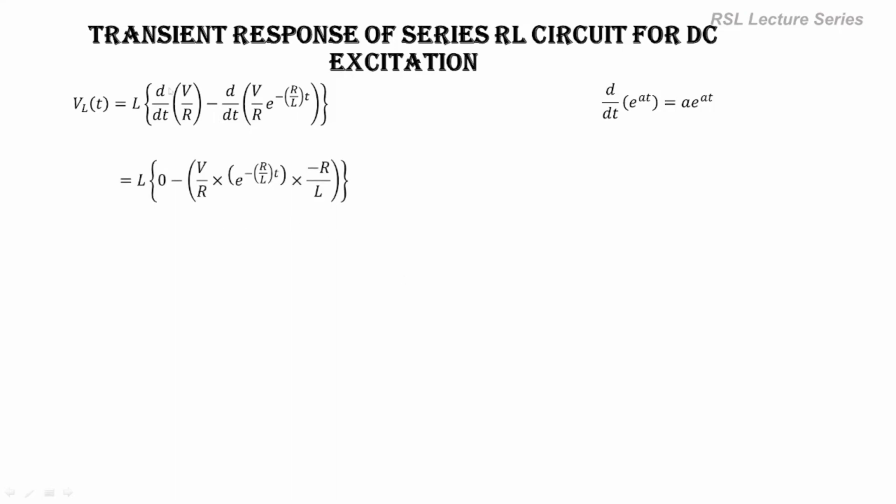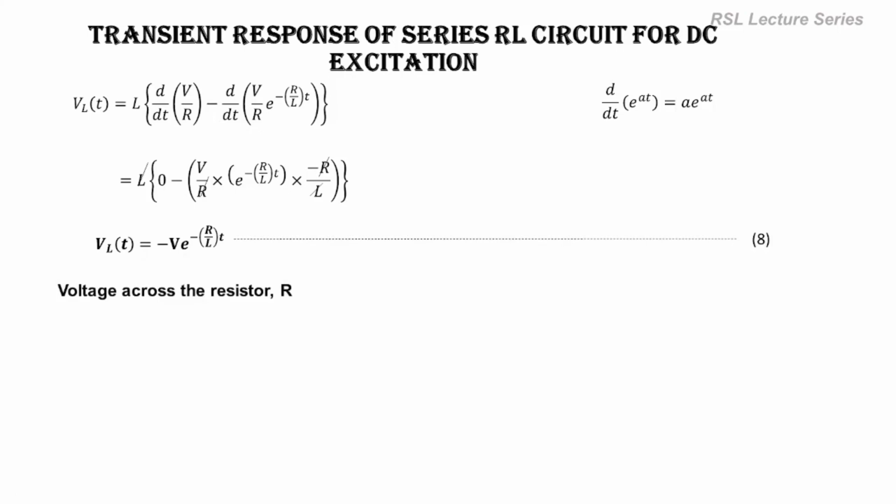Similarly here we can apply. The first term is 0 minus, here V/R is a constant term. Differentiating this one, we'll get e^(-R/L · t) multiplied by minus R/L. R and R will get cancelled, similarly L and L will get cancelled. So now we'll get VL(t) equal to minus V e^(-R/L · t). This is the voltage drop across the inductor. Similarly, we can find the voltage drop across the resistor also, R into i(t). That is equal to V into 1 minus e^(-R/L